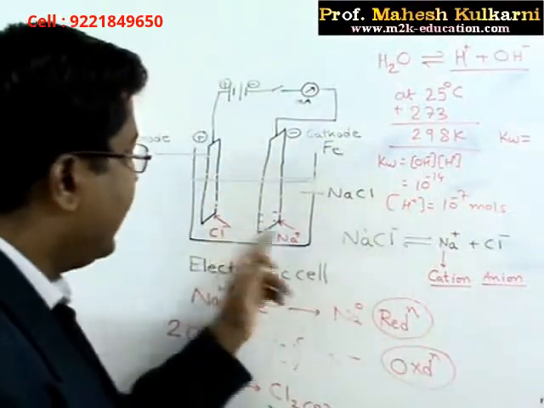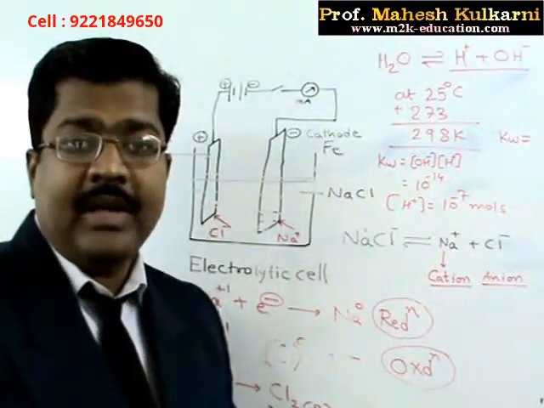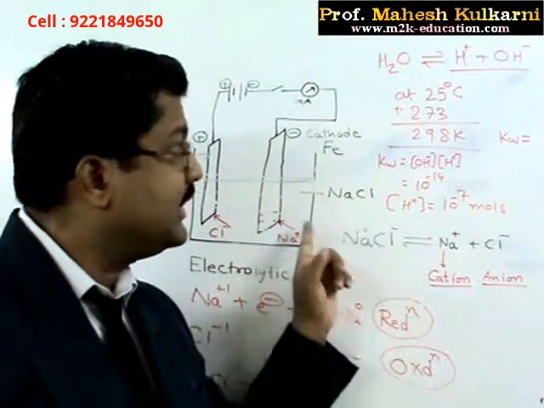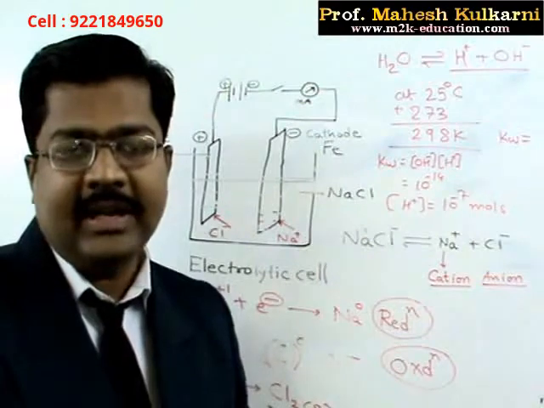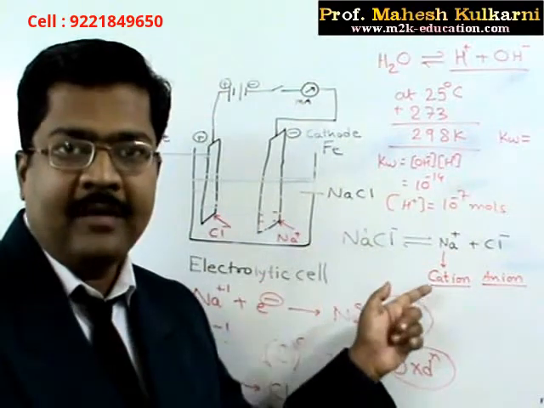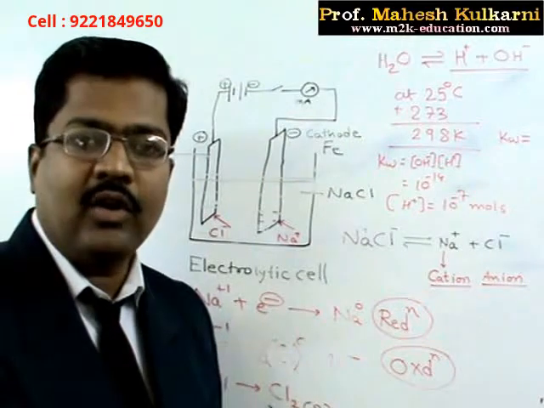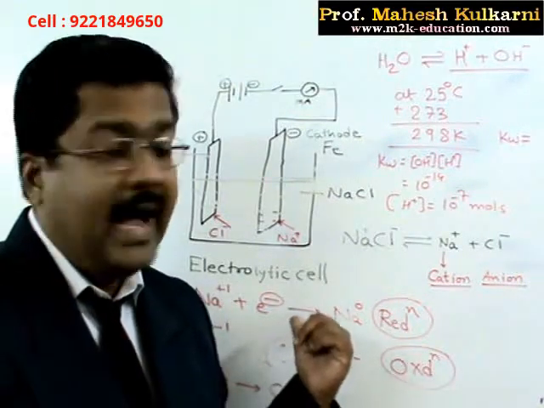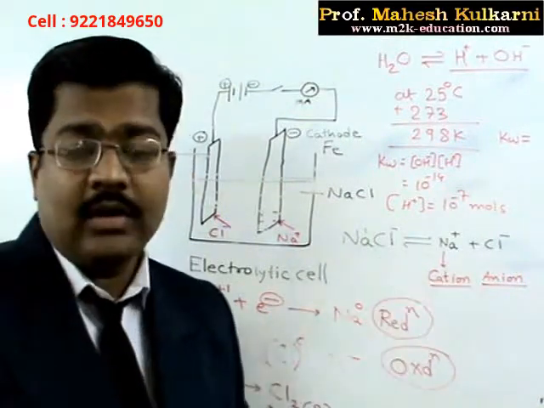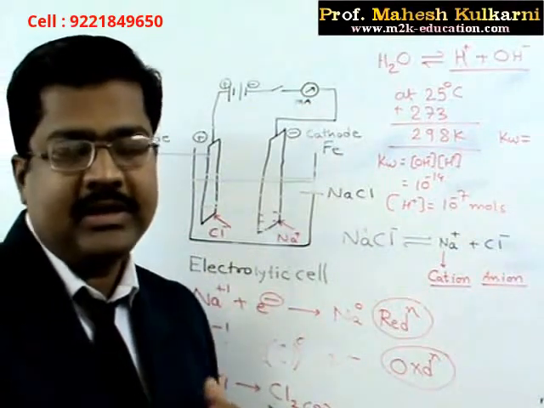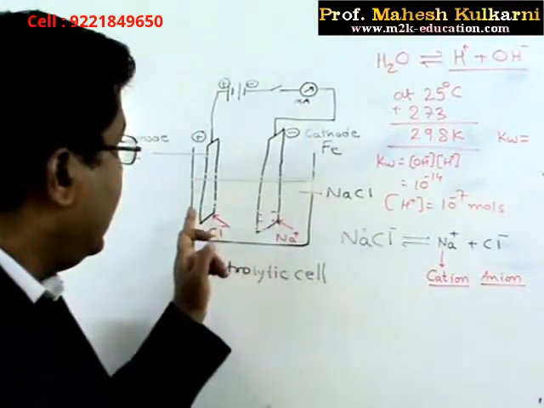Suppose I am using an aqueous solution of sodium chloride. Then whatever EMF I apply, the first deposition voltage is that of hydrogen, then of the hydroxyl ion, then of sodium. Therefore, sodium will not come out of the solution. Instead, hydrogen will come out of the solution. And on the anode, instead of chlorine, we are getting hydroxyl ion on the anode.